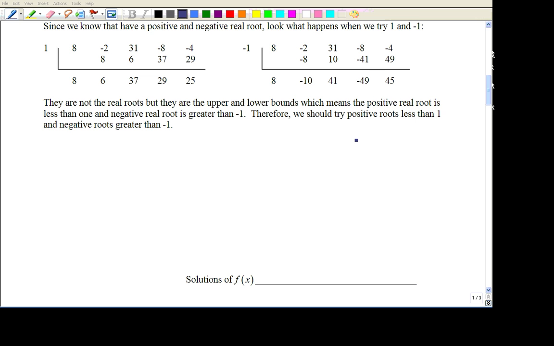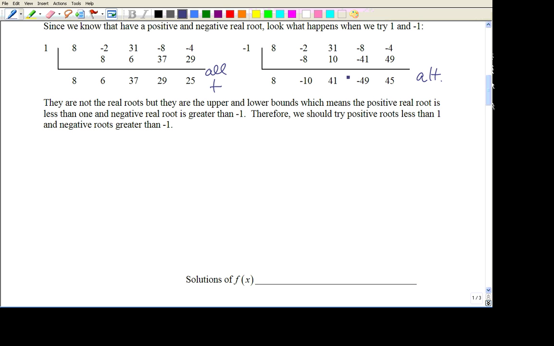Since we know that we have a positive and negative real root, let's look at what happens when we try 1 and negative 1 in synthetic division. When we have 1, and here are all of the coefficients and the constant term from our polynomial, we end up with all positive coefficients. Whenever we look at negative 1, notice it's positive, then negative, positive, negative, positive. So they alternate signs. They are not the real roots because we had a remainder other than 0, but